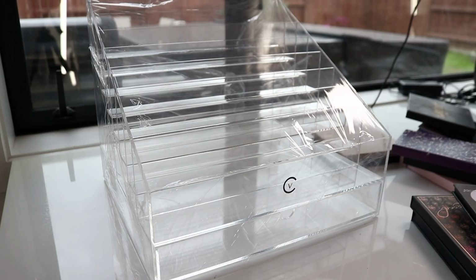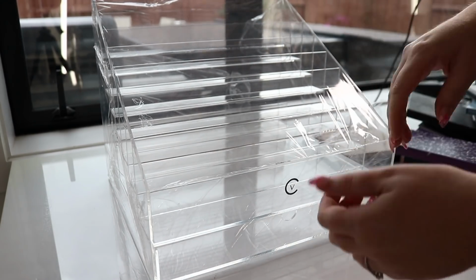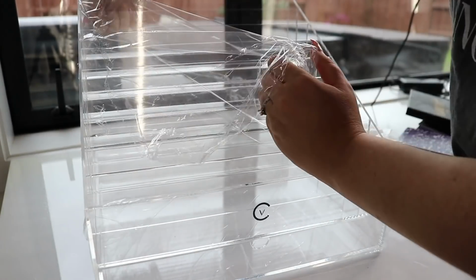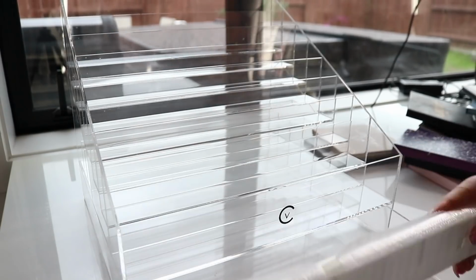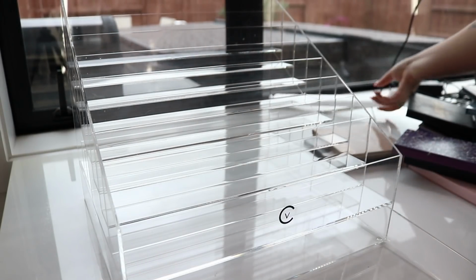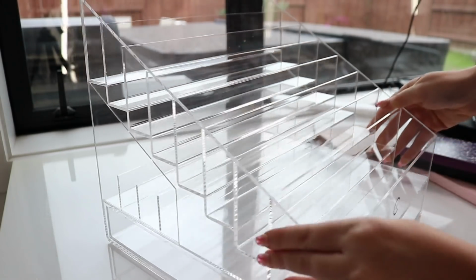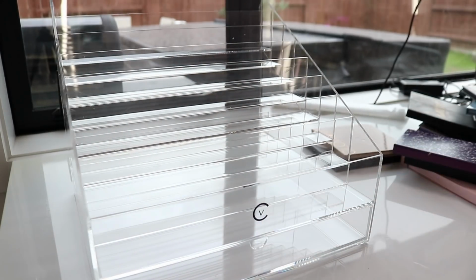How good. Alright, so I have this, which I bought online. I'll link it for you down below. It's still covered in plastic, so let's do some fast forward of plastic removal. So these right here are some dividers, which I can lay out if I need them. And then it's got stacks for palettes, and then if you turn it sideways, it's also got some in the sides there. So I'm going to lay out some of my favorite face palettes and my go-to eye palettes,